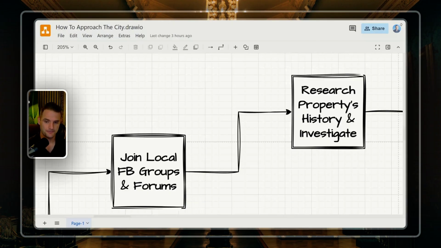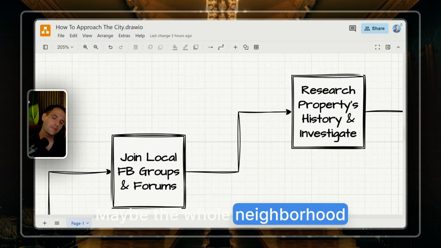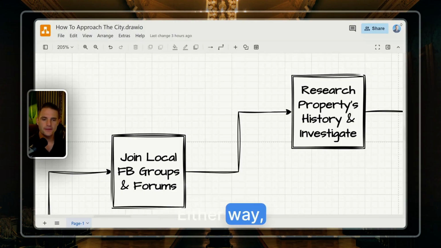So it's popular. When you go in those groups, you can use the search bar and search the name of your motel or hotel that you're about to acquire, or the property address, and you will find a lot of data. Maybe you'll find police reports. Maybe you'll find theft reports. Maybe you'll find that the building is under condemnation, and you have to reach out to the city or the state of Texas to remove the lien, like we did. Maybe the whole neighborhood doesn't want that building to be there. Either way, you got to research the building and the operations.